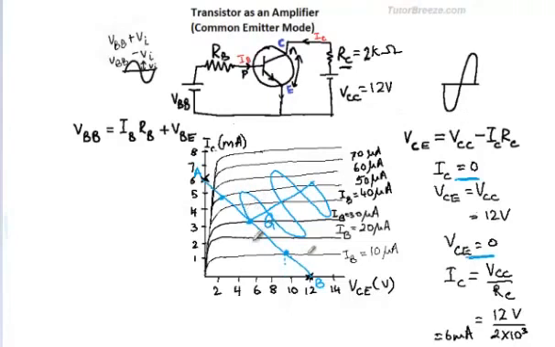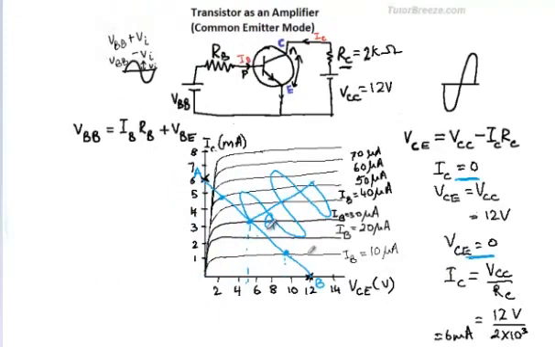Now once we have made our choice of the operating point Q, we note down the values of IB, say IB is 30 microampere, the value of IC, which is 3 milliampere, and the value of VCE, which is around 5 volts. And then by a proper choice of the input resistances, the output resistance and the voltages, this is called biasing of the transistor.